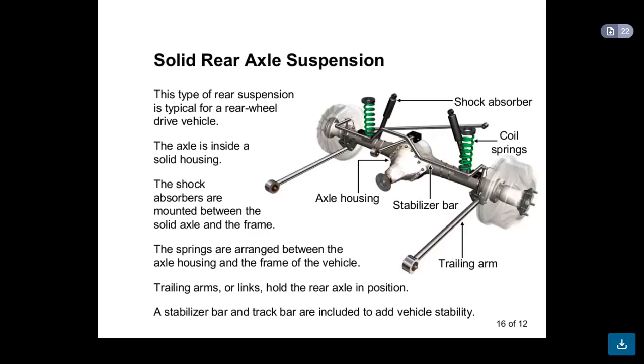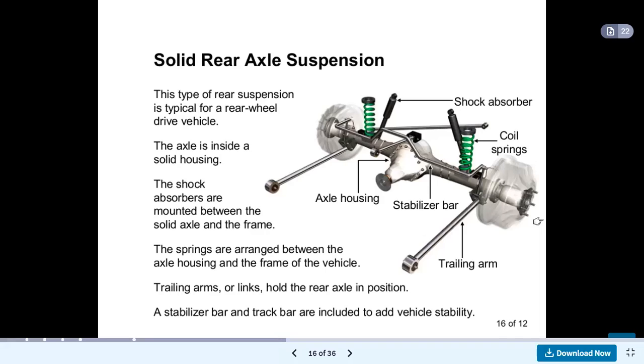The springs are arranged between the axle housing and the frame of the vehicle. Trailing arms or links hold the rear axle in position. A stabilizer bar and track bar are included to add vehicle stability.